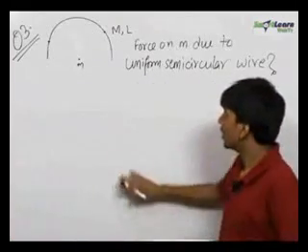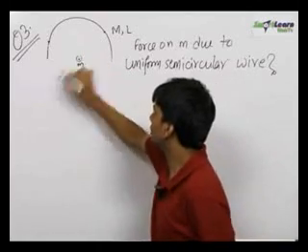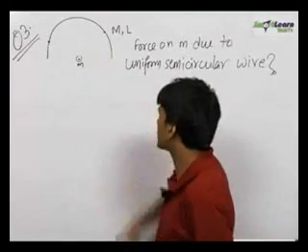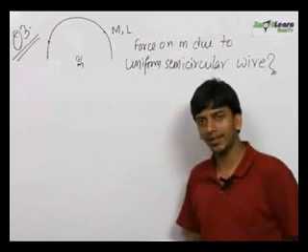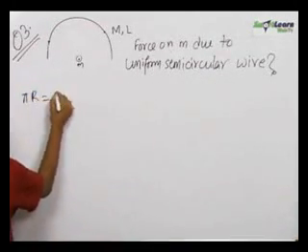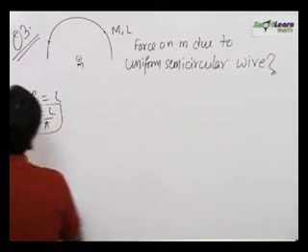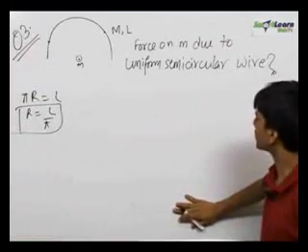In this question, this is a uniform semicircular wire and we need to find out the force acting on this small mass m due to this uniform semicircular wire of mass M and length L. Let us now find out first the radius of the wire. Pi r is equal to L. Therefore, radius is equal to L upon pi. We will use this if needed in the future.